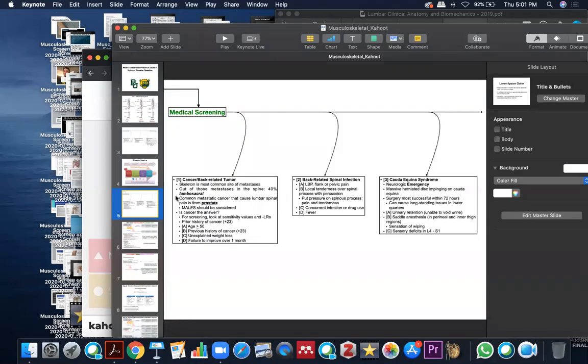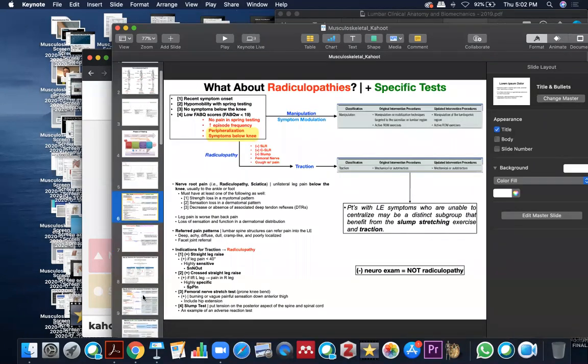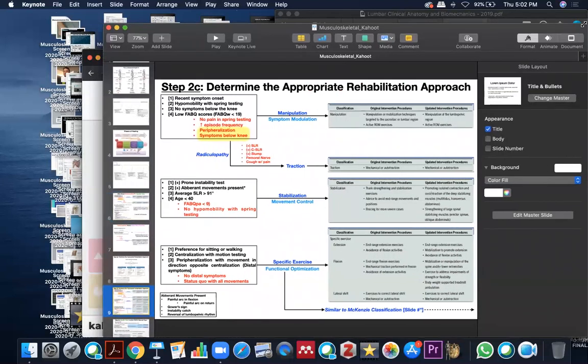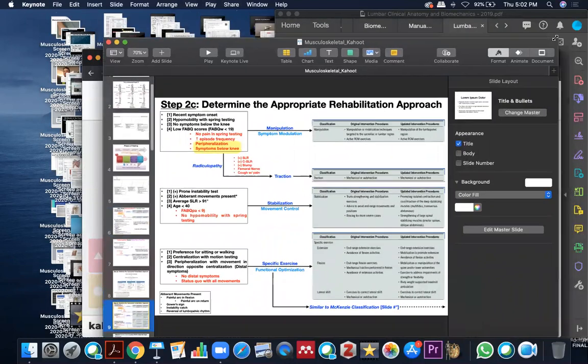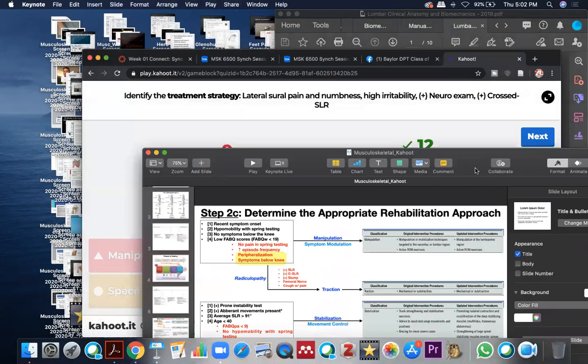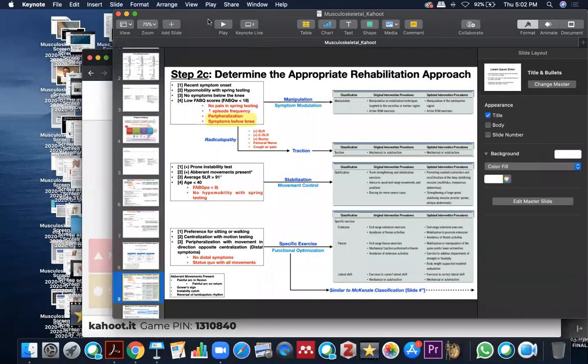So let me pull this up. Where is it? This one? No, it's not that one. I think we can do it with this one. Yeah, this will work. He's had quite a few of these throughout the sync session. So I have a feeling there's probably going to be at least 4 or 5 of them on